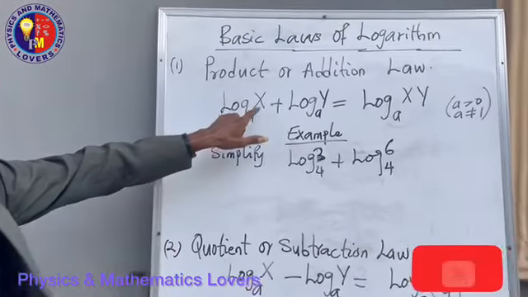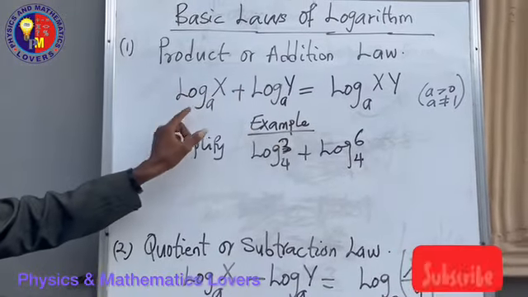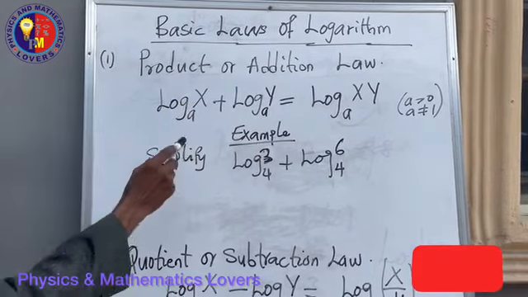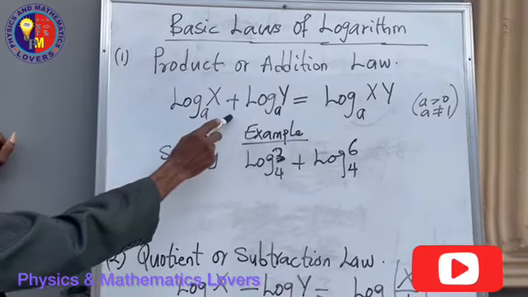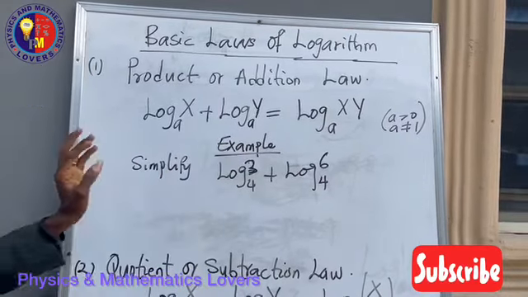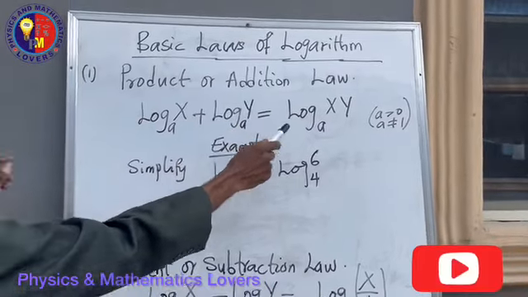Now look at it here. If I have log x, we have two different numbers there, x and y. Now they have a common base, which is A. Log x to base A plus log y to the base of A. So the law says that I am going to multiply x and y together, then I take their